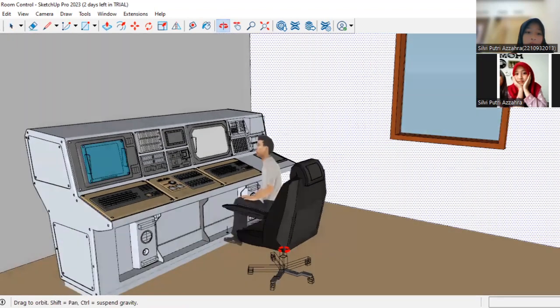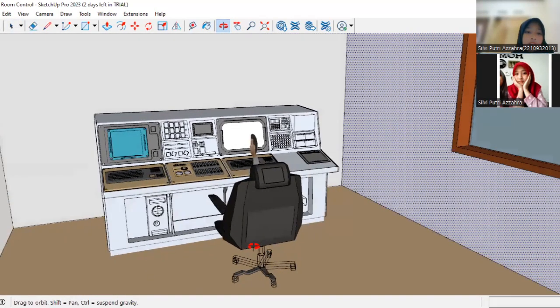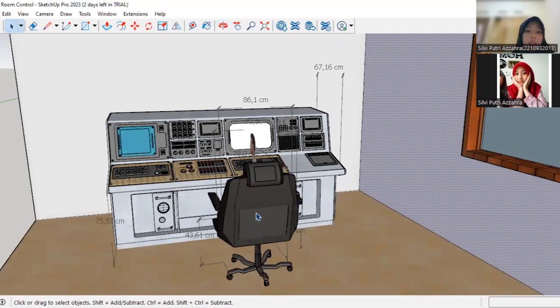And the next is the width of the seat base. The width of the seat base uses the hip width dimension with an allowance of 31 centimeter and a percentile of 95. The 95th percentile is used so that the seat base can be comfortable for all operators. The original dimension is 44 centimeter and 75 centimeter after adding the allowance. And the next is the armrest. The armrest uses the elbow height dimension in sitting position with an allowance of 0 and a percentile of 50. The 50th percentile is used so that the armrest can be used comfortably by all operators.